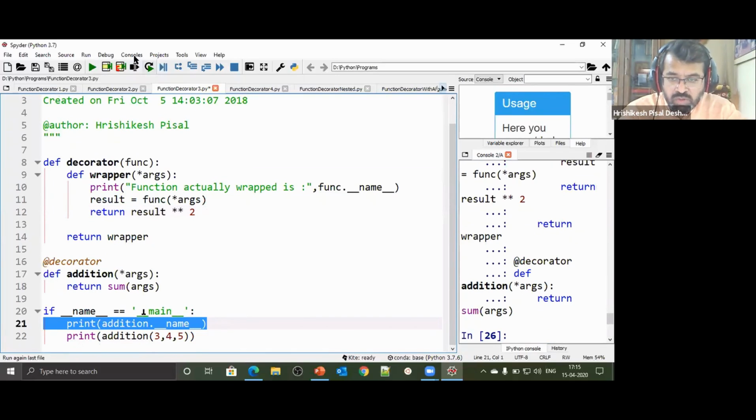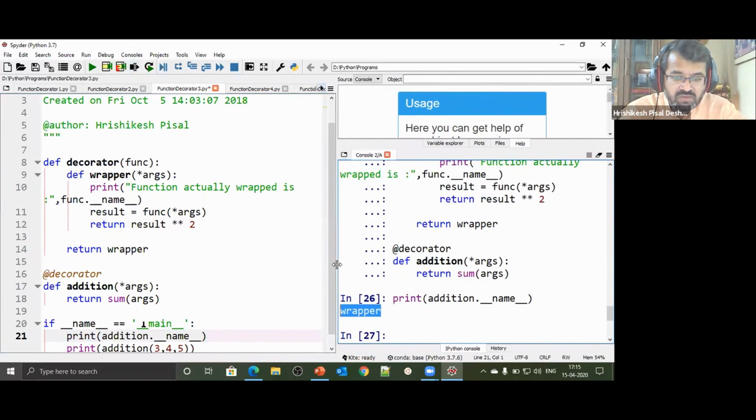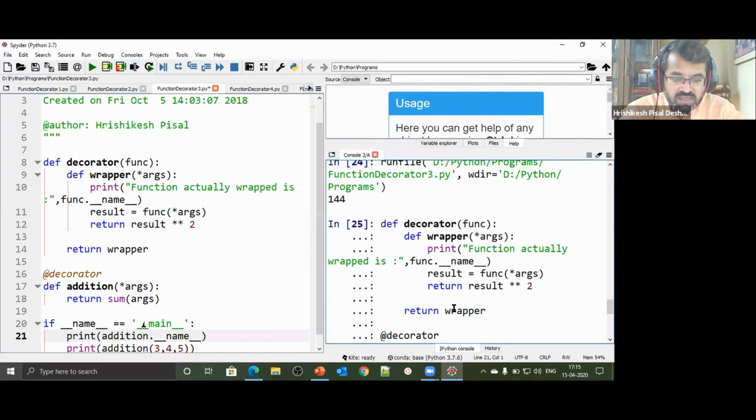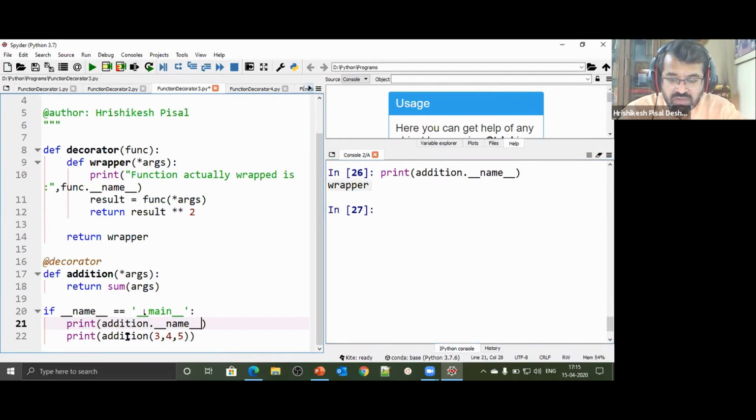You should not talk about it, but you should know about it. It's referring to the wrapper function. Watch it, it is referring to the function called wrapper. It gives the answer as wrapper. But when I give a call to this addition over here, it is wrapper that will get called. But when you're calling func, it's actually our original function addition that is going to get called. So let's give this call and see.